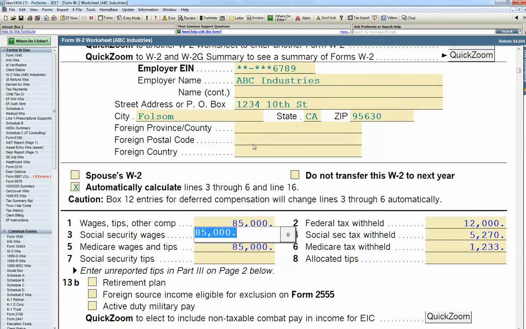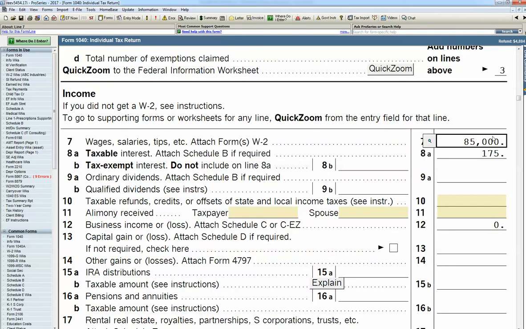I want to go back to the 1040. How do I do that? Well, there's a button at the top right of the screen. There's a left arrow and a right arrow. That means back and forward. So if I hit my back button, you can see that I'm back on the 1040 and it shows the $85,000 in wages. If I want to enter interest and dividends, I go to line 8A, I click the button,